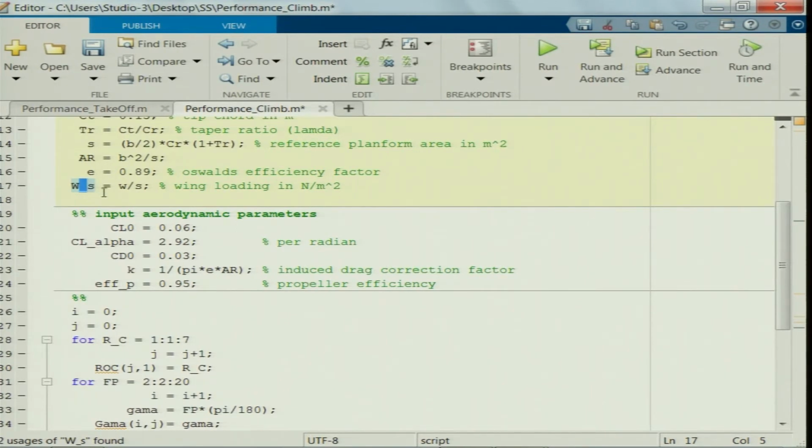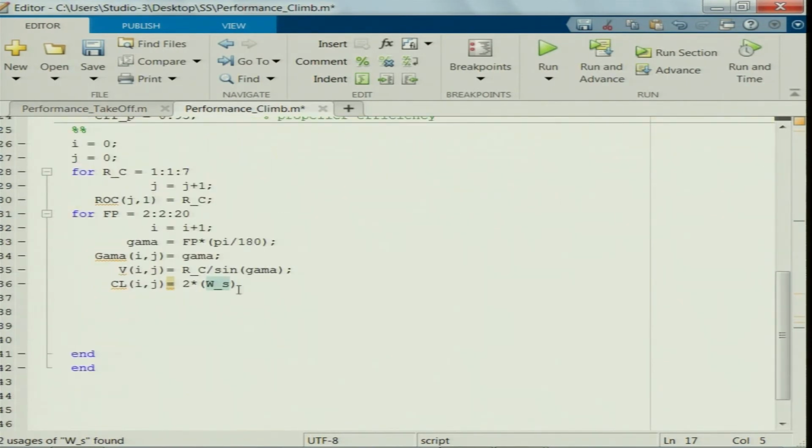So, W by S stands for W upon S, wing loading here. So, W underscore S times cos gamma upon density times V square, V of I comma j square.